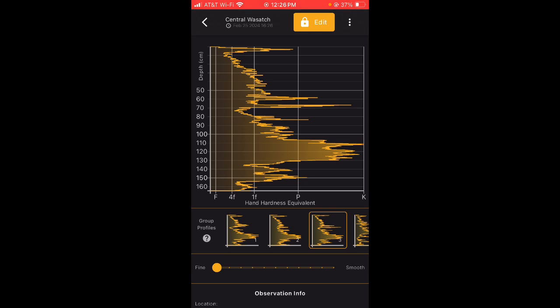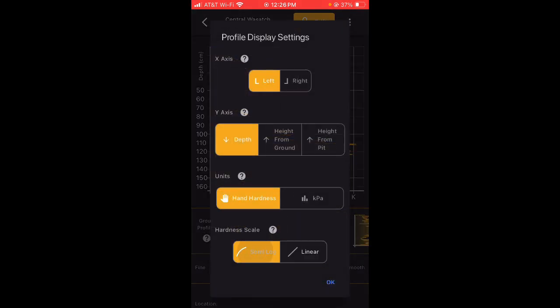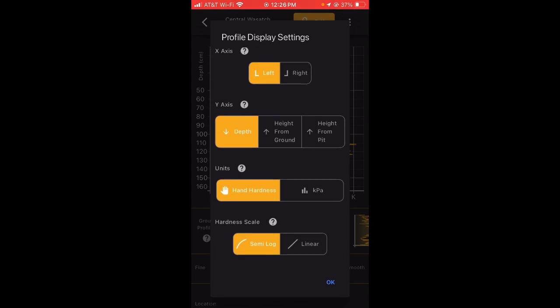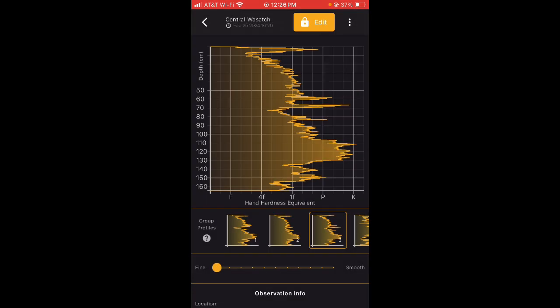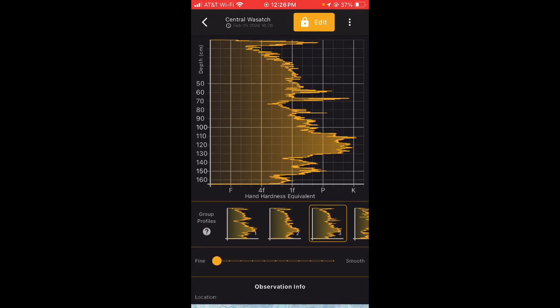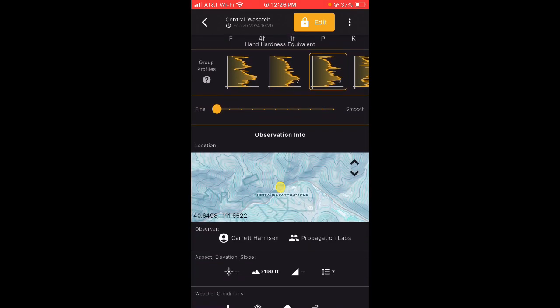So this is it shown linearly, and this is it shown semi-log. Most people prefer semi-log, I'd say, as it is a more normal way to view manual hardness profiles. Okay, so the last bit about this is you have your profile information here, and then